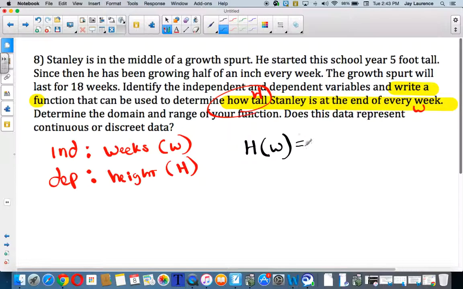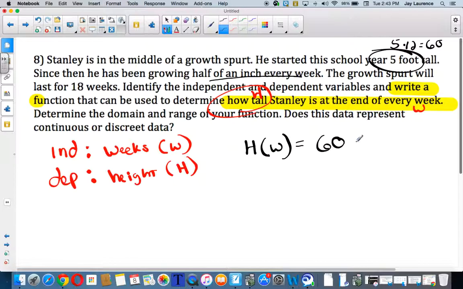So what does he start with? Well, he starts 5 feet tall. But Mr. Lawrence, you wrote 60. Why would I write 60? Well, you see he's growing at a rate of half an inch every week. So I converted 5 feet to 60 inches. Just 5 times 12. Okay. Now, if this is my function here,